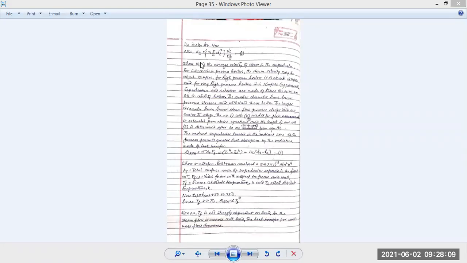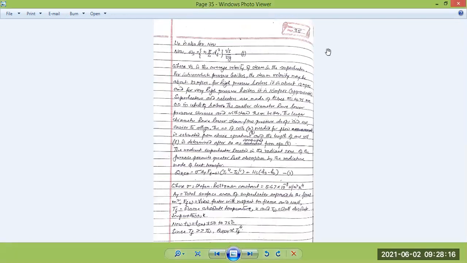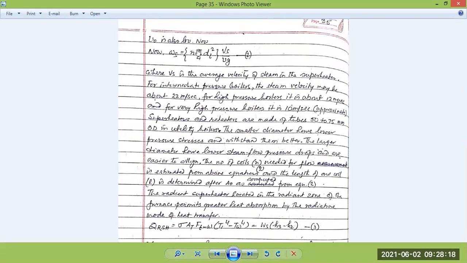And now omega S, the specific weight, is pi by 4 dt squared and the outlet